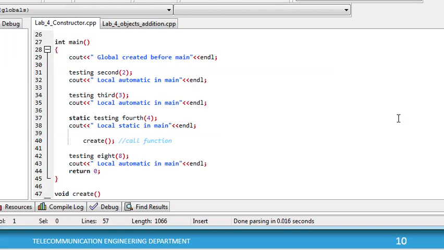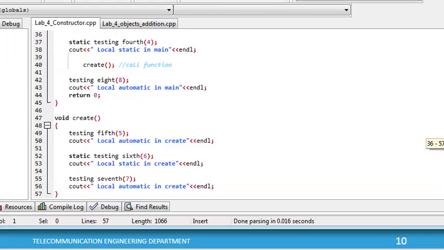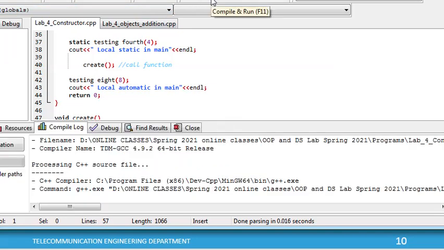Here we have also declared, created and defined the function, and this is the last, eighth object. In the function we have created the 5th, 6th and 7th objects, and among these the 6th is static. So now I will run it for you,